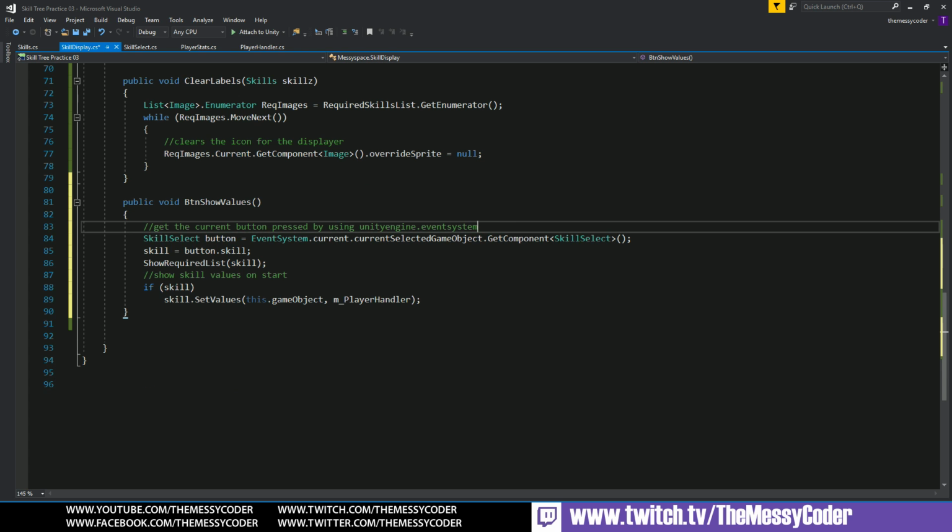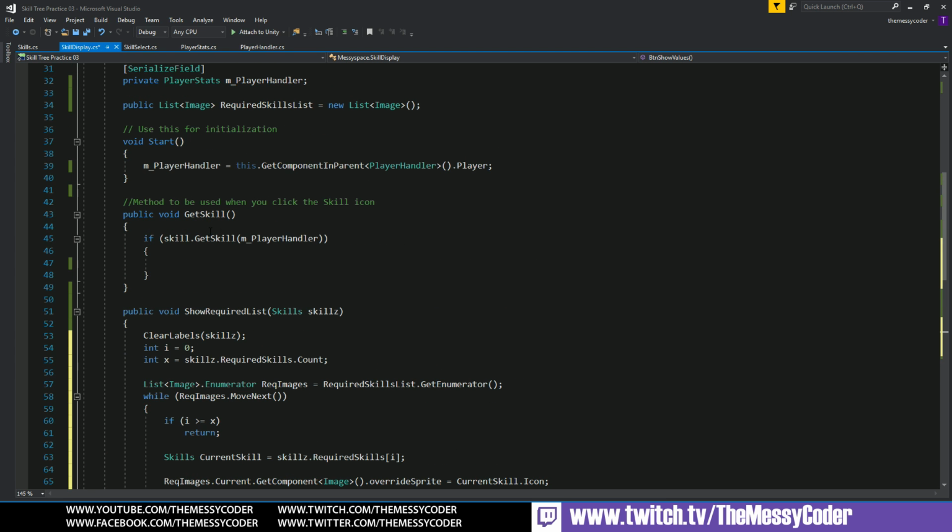Now, the last thing we need to play about with is our get skills. Where is it? Where were you hiding? Up here. Do you remember we played about? Well, actually, we don't need this either. So let's say if skill does not equal null, ampersand does not have enable skill player handler,